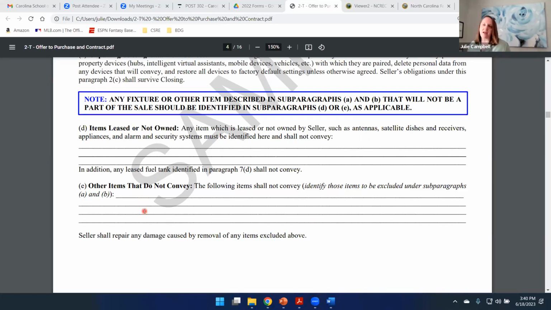So if the sellers are going to take any fixtures, and they won't take them before you list, if there are any fixtures that the seller's going to take that the buyer has seen, if they're in the MLS pictures, right? I mean, let's be honest, guys, in a perfect world, the seller will take the fixture down before we ever list the property. The buyer will never see it. Do we live in a perfect world? Nah. Sometimes the seller says, I'm not going to take it down until I move. So listing agents, we need to make sure that those fixtures the seller's going to take are in this provision